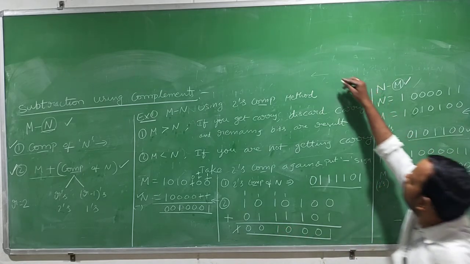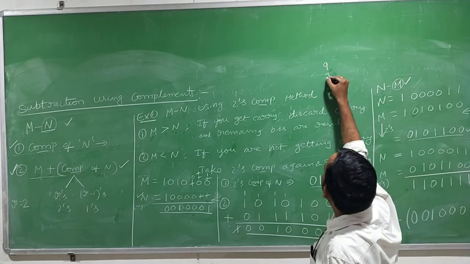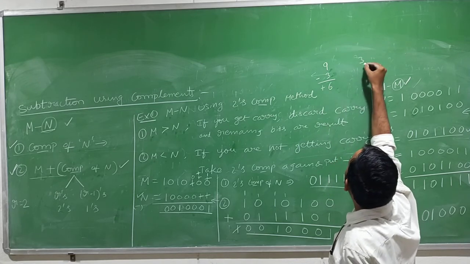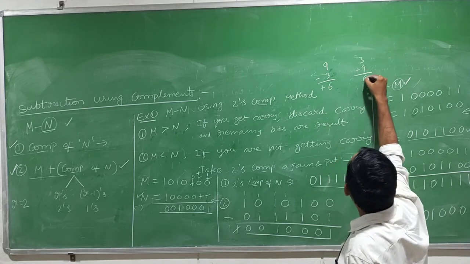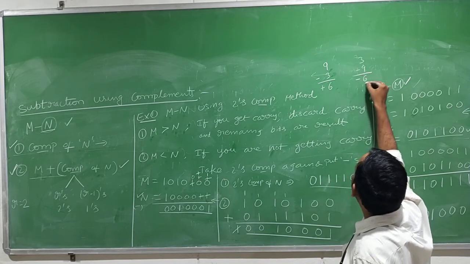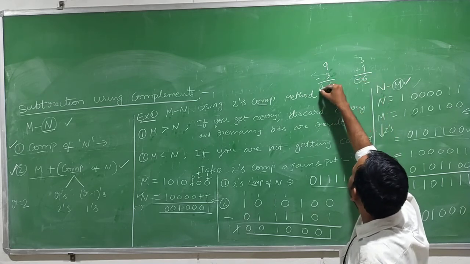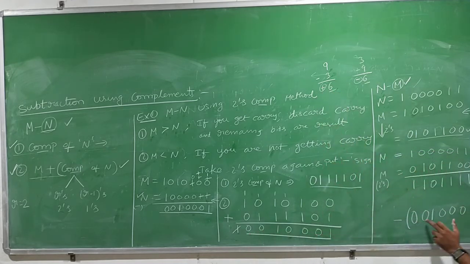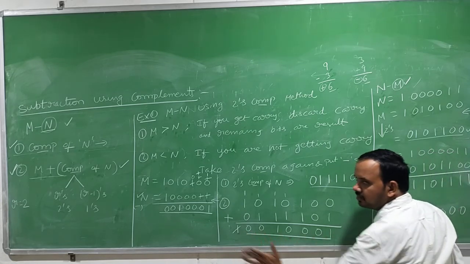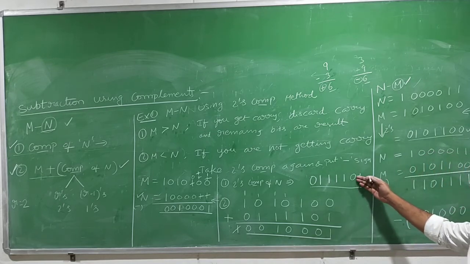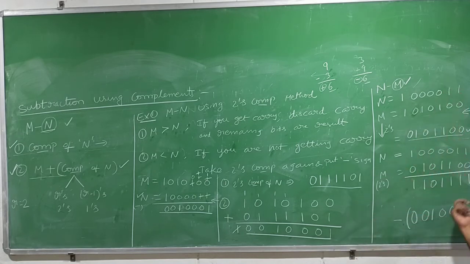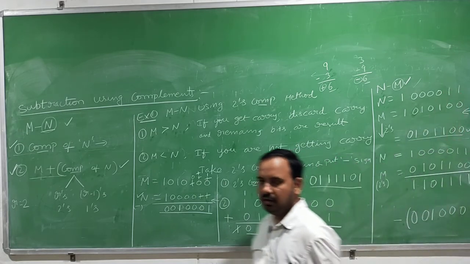For example, if you want to subtract 9 minus 3, what will you get? 6, positive 6. Suppose 3 minus 9, what do you need to get? The same 6, but here the sign is negative. The magnitude is the same, just the sign is different, right? So here also in binary, the magnitude 0 0 1 0 0 1 is the same, but the sign is different. Here the sign is negative, there the sign is positive. If you want to check it, just convert the m and n numbers into decimal, perform the decimal subtraction and check the result. That should come the same.